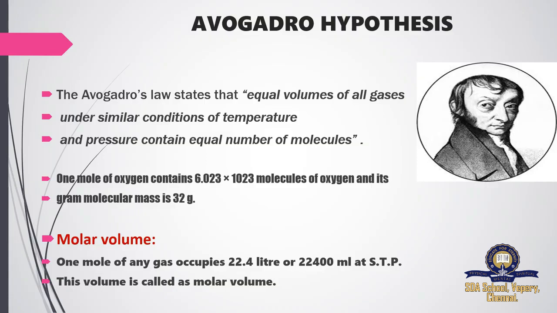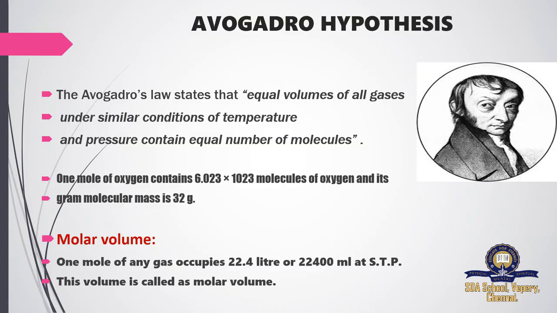So what he says is that equal volumes of different types of gases contain an equal number of molecules. With no change in temperature and no change in pressure, they contain an equal number of molecules. Nothing is changed here, because when the pressure increases, the gases are compressed, and when the pressure is very low, they can move here and there. So there is no need to change pressure and temperature.